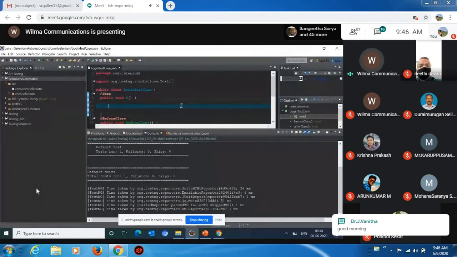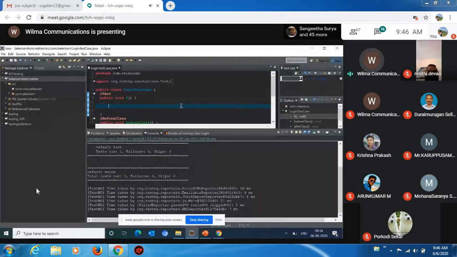What I did, I created a new Java project. Then I created a package. Inside the package, I created a class. I created the class as a TestNG class. And inside the TestNG class, I have selected the appropriate annotations which are required in our project. After that, I added the library related to TestNG, and I have also included the additional reference library, which is called Selenium Java. Here you can see Selenium Java and Selenium standalone server.